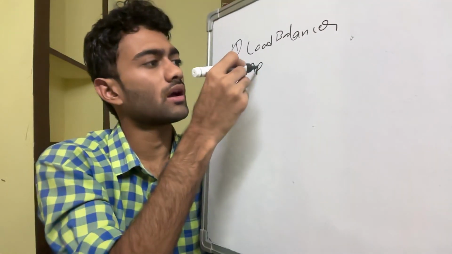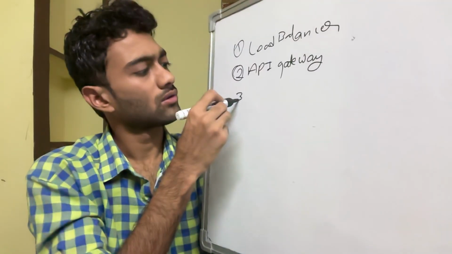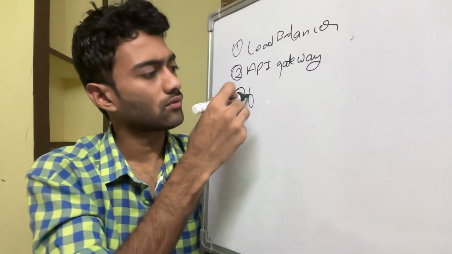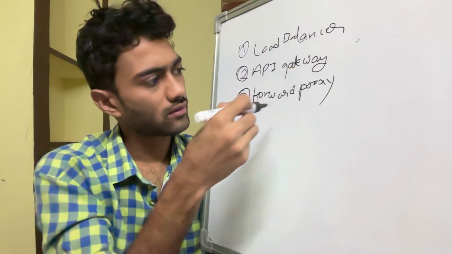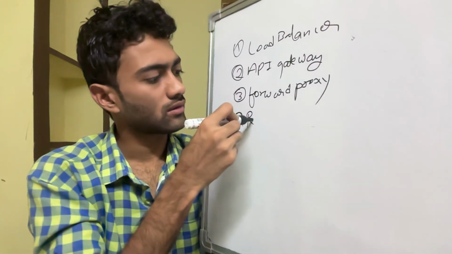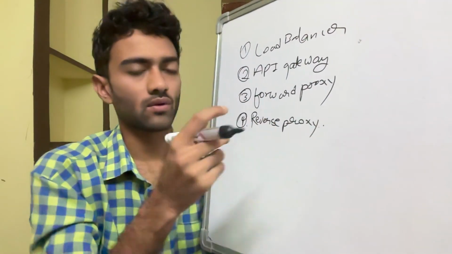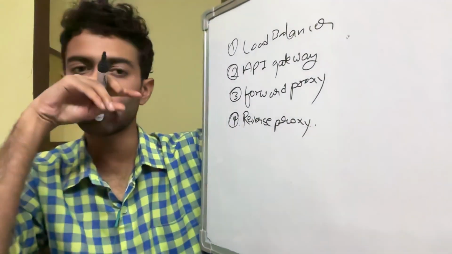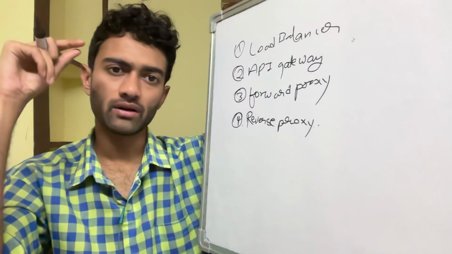second, API gateway, third, forward proxy, and fourth, reverse proxy. So these are some components of system design, and this is a very vital and very basic